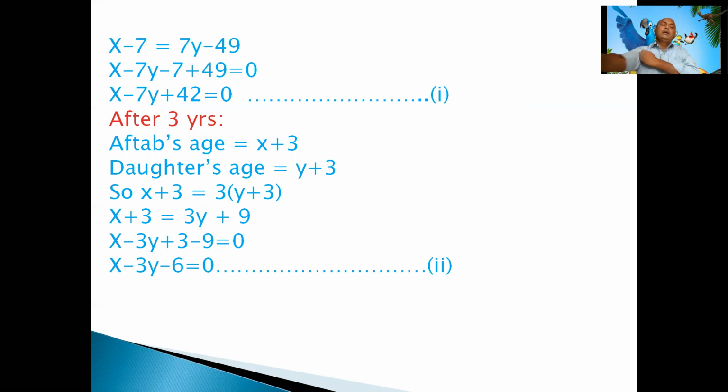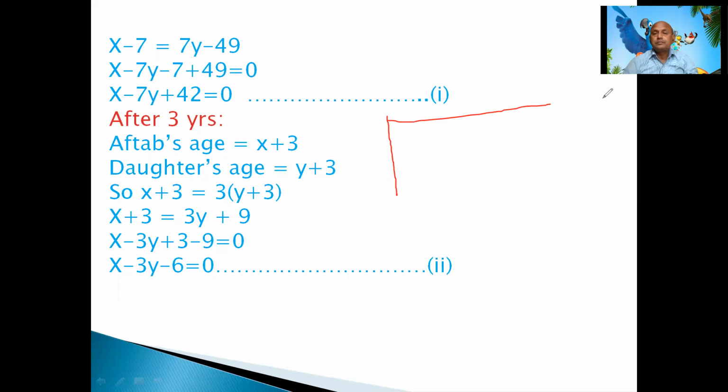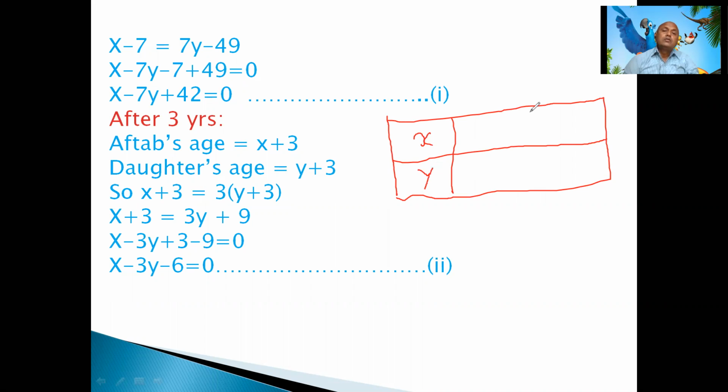Now we will draw the table for both equations. So how do you get the table? I am going to explain for the first equation. Suppose x and y. You will have to take 2 points. Earlier I explained that creating a line is very easy with 2 points. If you have 2 points A and B, you can easily draw the line.